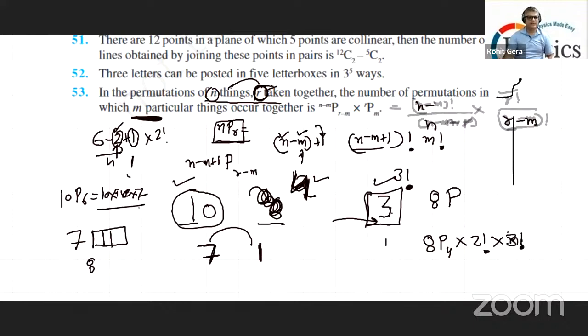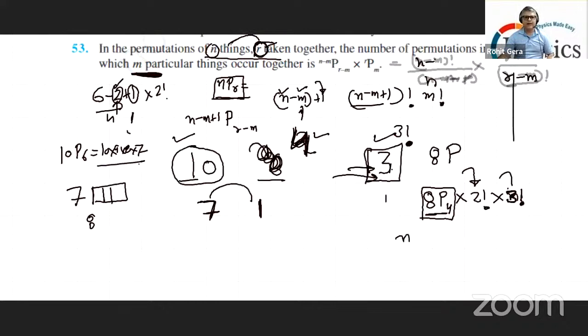So a total of 8 bundles out of 4 is the way you will arrange them. Then the 2 bundles can be arranged in this manner, and the bundle of 3 alone can be arranged in these manners. Right? So effectively the answer is